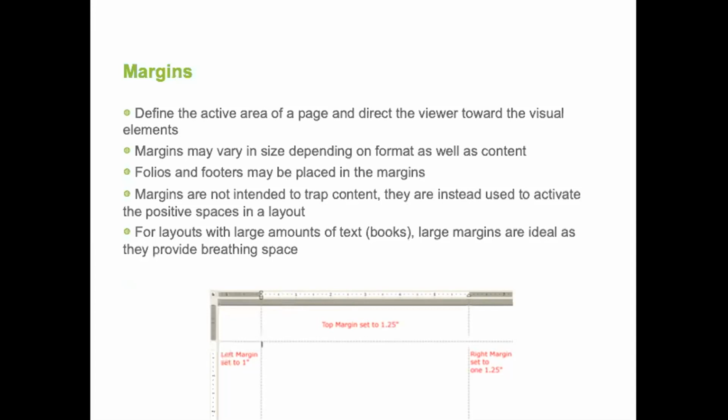Margins may vary in size depending on format as well as content. Folios and footers may be placed in margins. Margins are not intended to trap content. They are instead used to activate the positive spaces in a layout. So if you have copy that's too close to the trim edge, which means where the printer will trim if it's a printed piece,